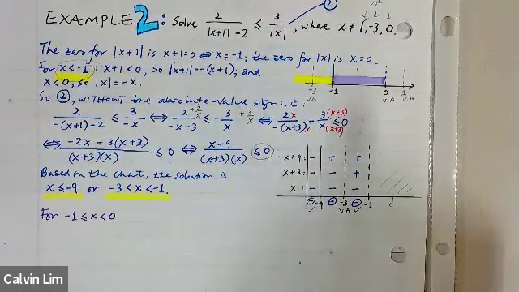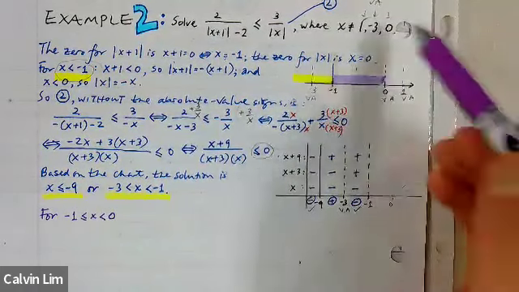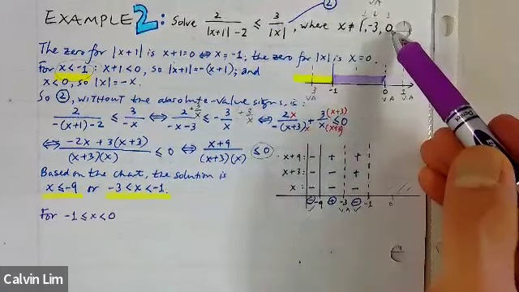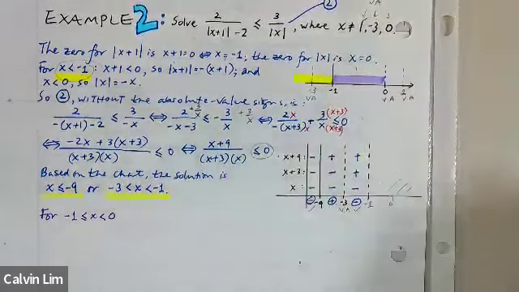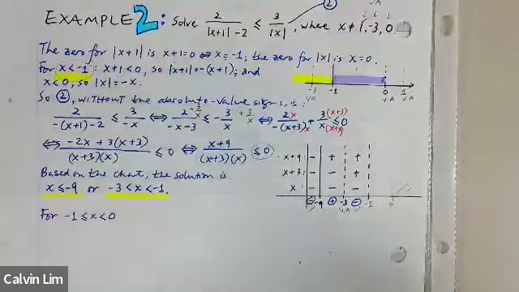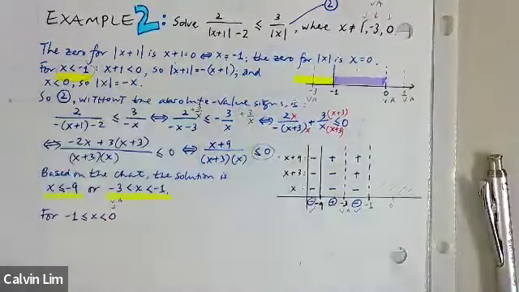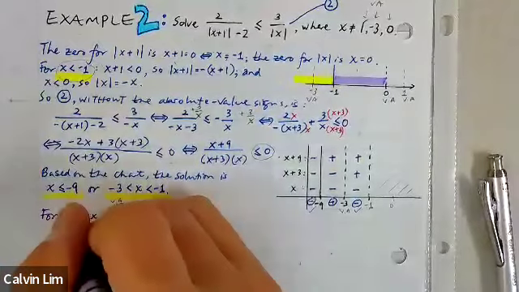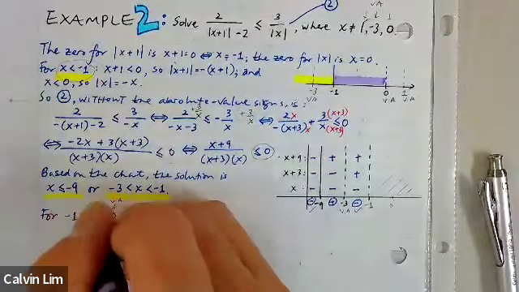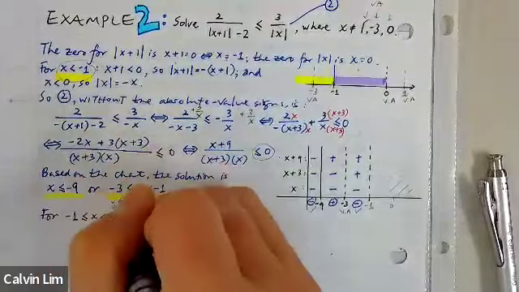Why don't we include the 0? It is a restriction. It is a vertical asymptote. This is a VA, so we don't include it. So for -1 less than or equal to x less than 0,